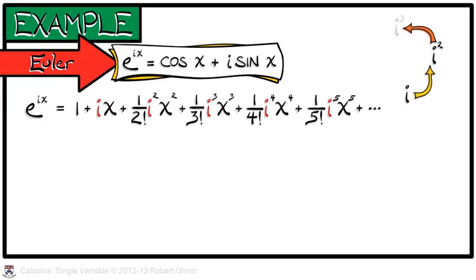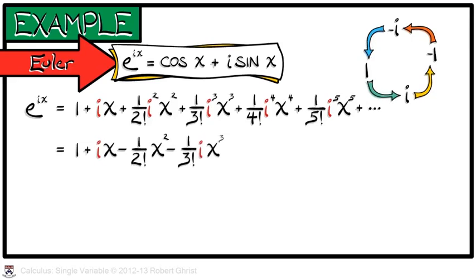Recall that by definition, i squared, the square root of -1 squared, must be -1. Therefore, if we look at i cubed, we have to get -i. And i to the 4th, being i squared squared, must be equal to 1. Therefore, we have a cyclic pattern in our powers of i that allows us to simplify this expression as 1 plus ix minus x squared over 2 factorial minus i x cubed over 3 factorial plus x to the fourth over 4 factorial, etc. You can see the pluses and the minuses coming in alternating pairs, and the real versus imaginary terms alternating